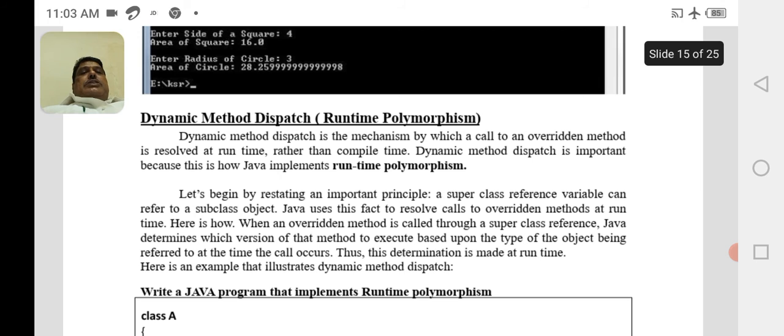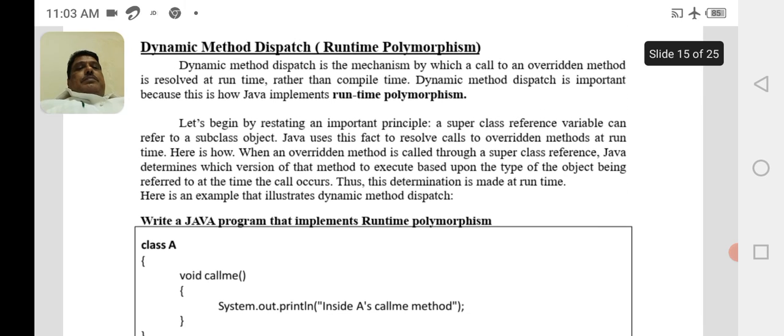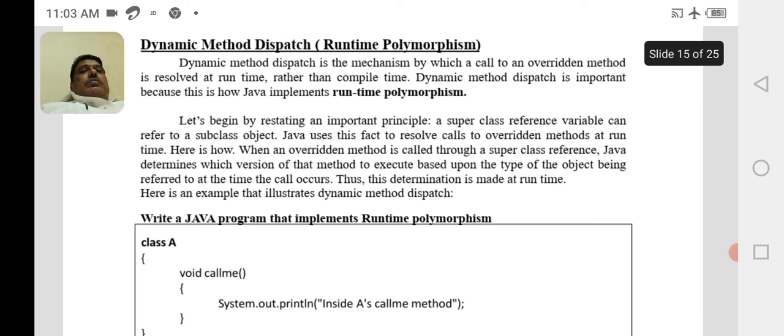Dynamic method dispatch, which we can also call runtime polymorphism. As we know, polymorphism is a single method for different functionalities. Here we have runtime polymorphism, or dynamic method dispatch. It is a mechanism by which a call to an overridden method is resolved at runtime rather than at compile time.